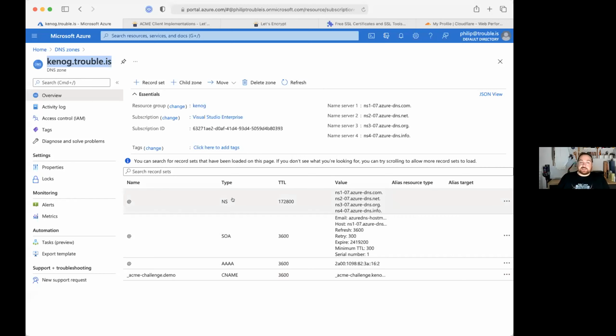I've also created, I'll show you that in the slideshow in a moment, access control so that I can use the API to manipulate this zone. So if I go back to my terminal window again,